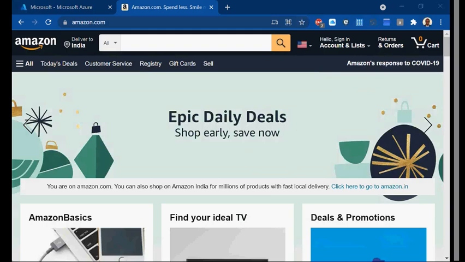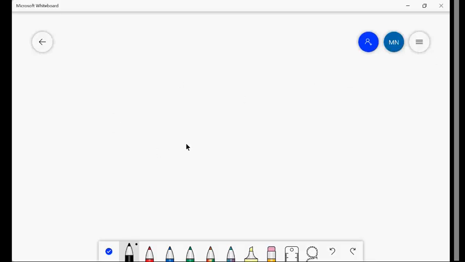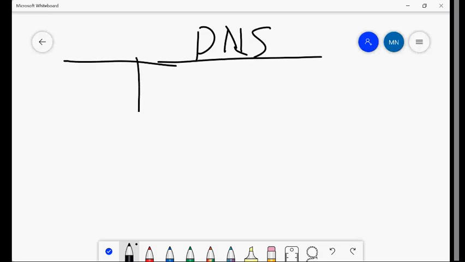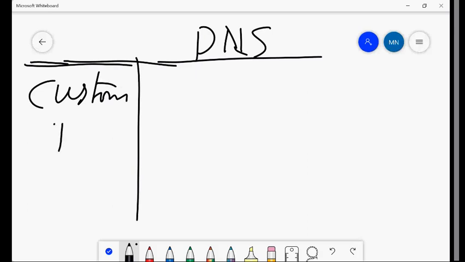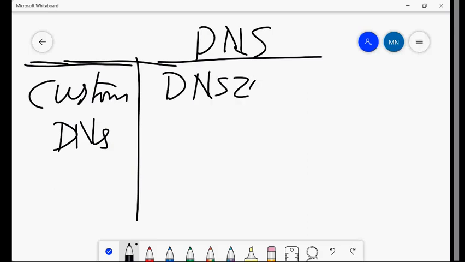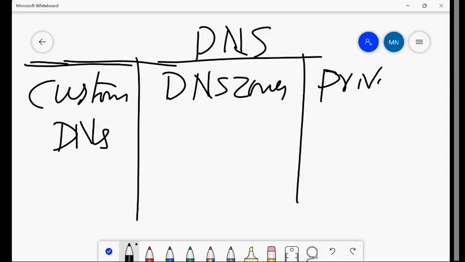Likewise, when I say DNS, there are three types of DNS, at least in cloud. So one we call custom DNS, right? And then we call it DNS zones, and then we have private DNS.